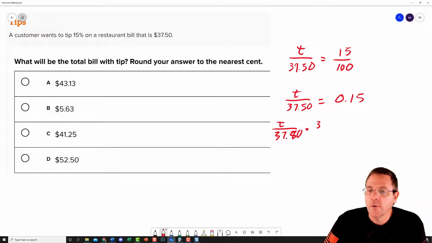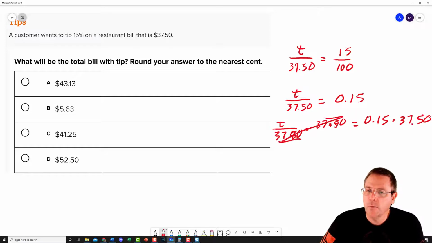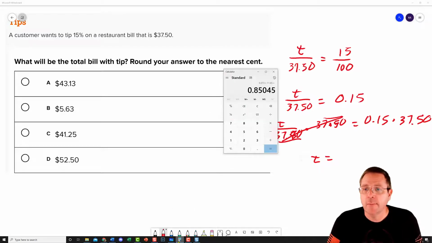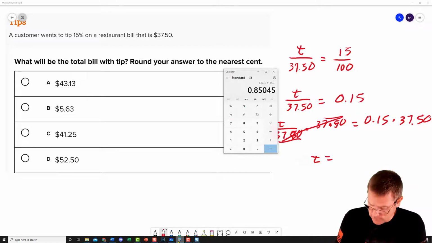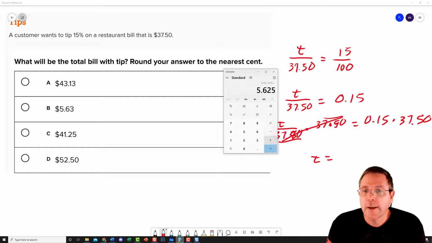Next, I'm going to undo division, isolating my variable, multiplying $37.50 on both sides. Now see how I'm putting it up here on the top? You got to remember to put it up there on the top. And then 0.15 times the 37.50, and when you do that, these divide out becoming 1. 1 times t is t, and then from there we're going to use our calculator because I'm just not going to be that mean to you. I'm actually going to let you use a calculator on this assignment. 0.15 times 37.50, and we come up with a tip value rounded to the nearest penny of